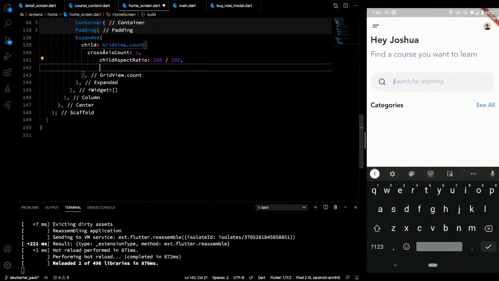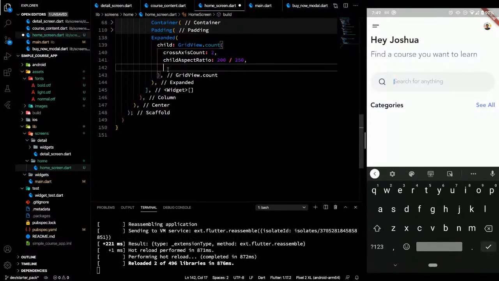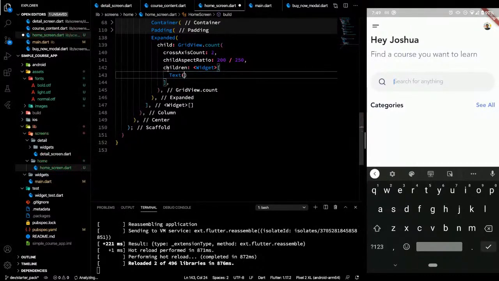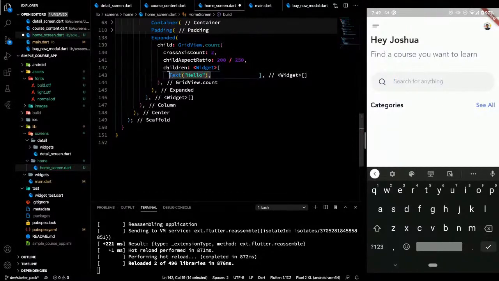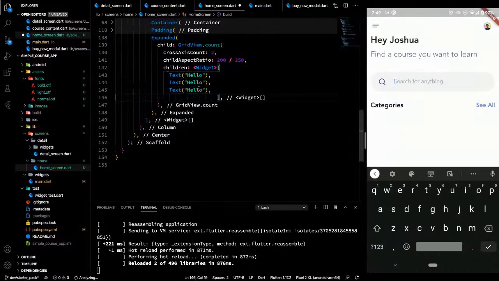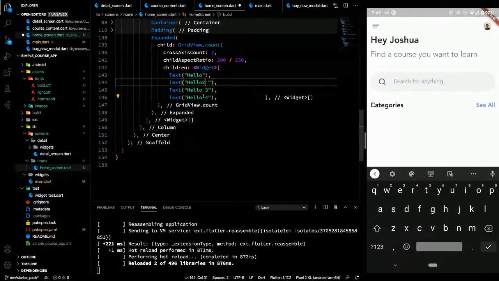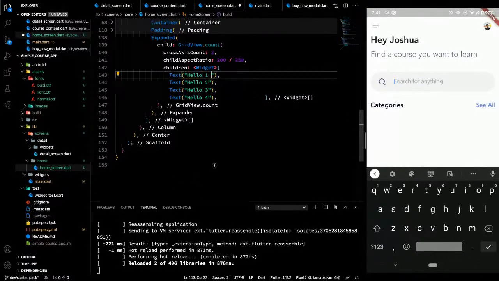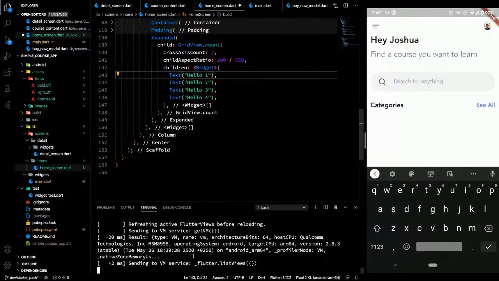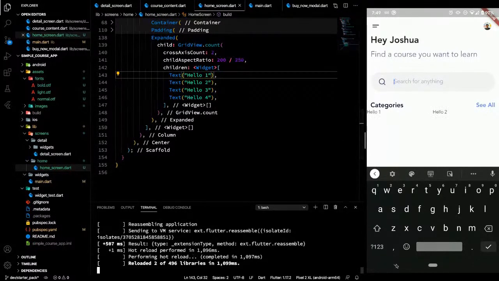We set the cross-axis count, meaning the number of columns that we have, and we create a simple list of widgets, 4, 3, 2, and 1. I believe some of you are already familiar with grid view, but pretty much this is the simplest way to do that.